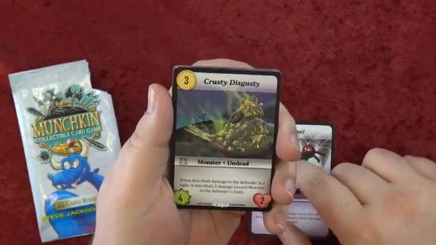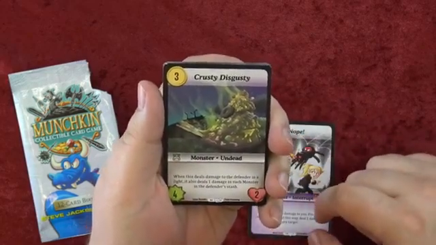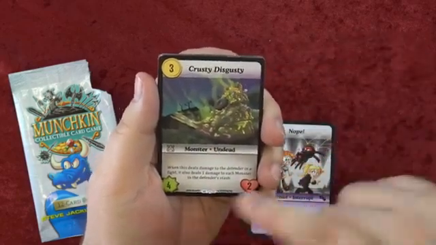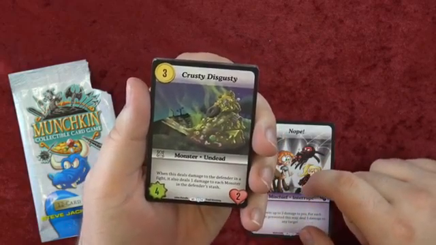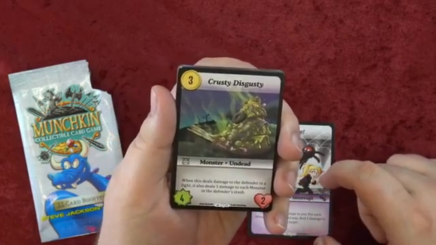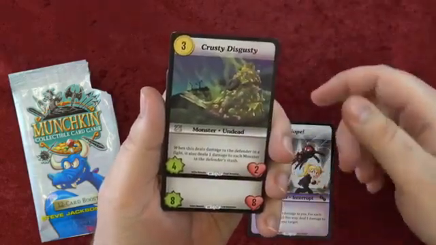Next up is Crusty Disgusting. Excuse me, Crusty Disgusty. This is a neutral. It's got like a gray background there. It's a monster undead. And so this is going to be someone you hire to attack your opponent. Crusty Disgusty costs 3 gold. It's a 4 attack here and 2 health. And when this deals damage to a defender in a fight, it also deals 1 damage to each monster in the defender's stash. So that is something I've used quite a bit because when they're in the stash, they're kind of untouchable, but this lets you kind of damage them and do some work